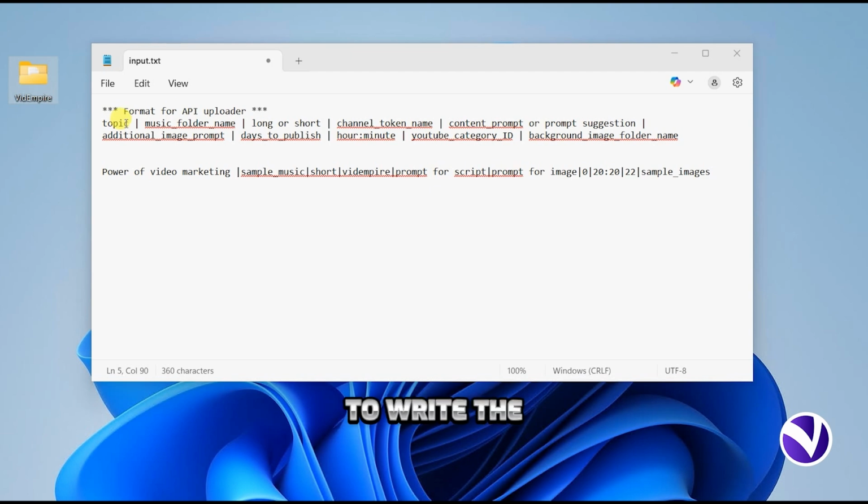First, you need to write the topic. The topic is the title or subject of the video you want to create. Next, you must add a separator. This separator is important because the full instruction should be written in one line only. Each line in the input file is counted as one video. So, if you want to create 10 videos, you have to write 10 separate lines, each with its own topic